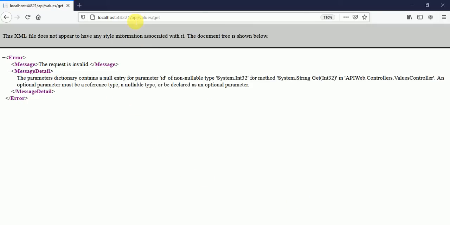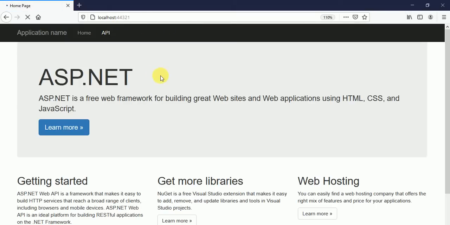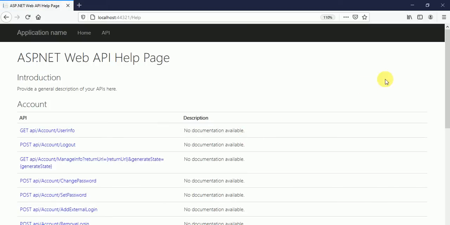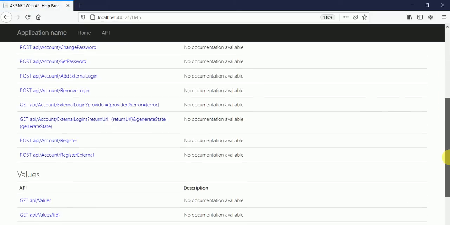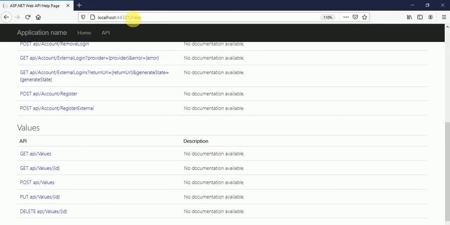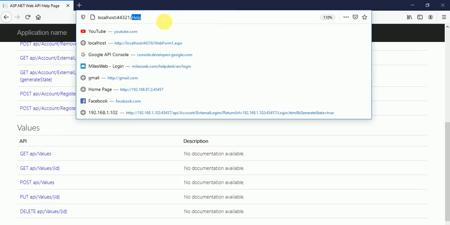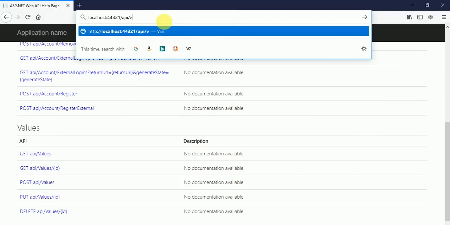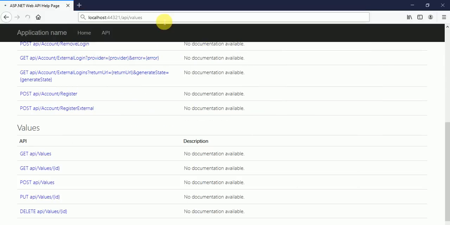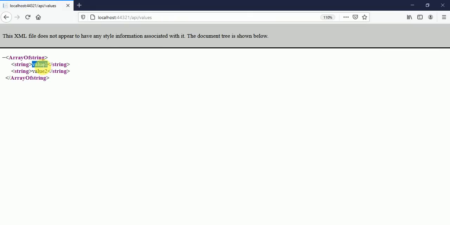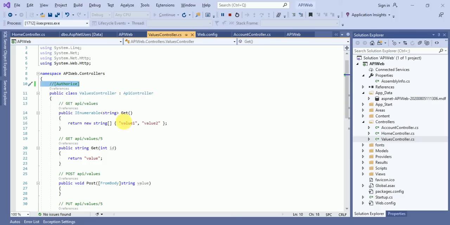Let me check it again. Click on APIs, and what was this? Slash API slash values. So here you can see we are getting the data value 1 and value 2. The same information value 1 and value 2 we are getting. Okay.